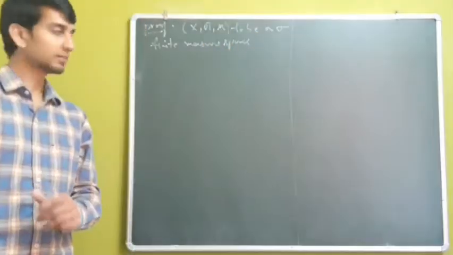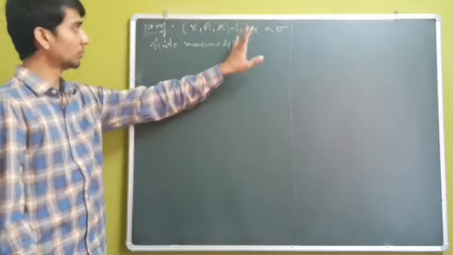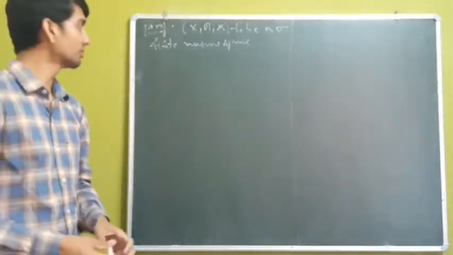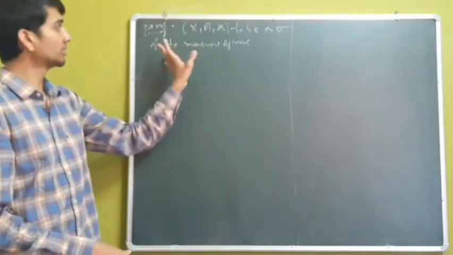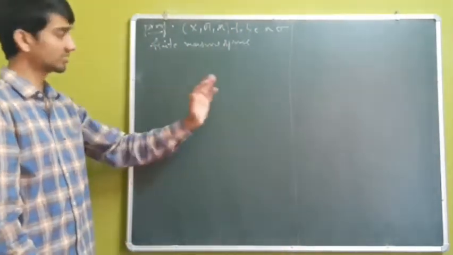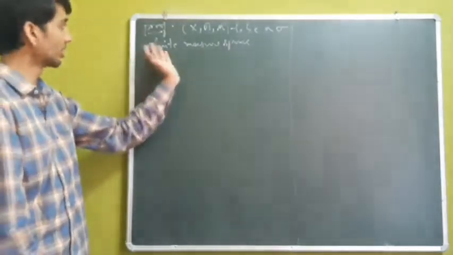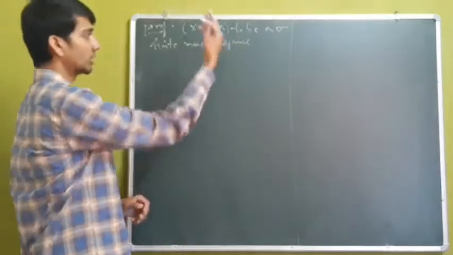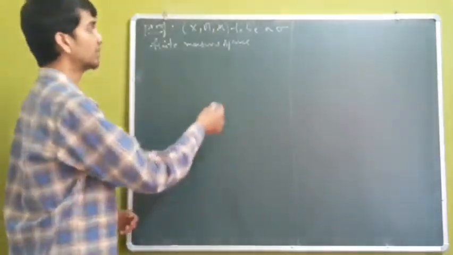So at the start of the statement, we have (X, B, mu) to be a sigma finite measure space. Again, recall the statement of the theorem. So having (X, B, mu) to be a sigma finite measure space, it is not at all so difficult to extend the case of finiteness to that of sigma finiteness. So as it is not difficult to extend the finite case to the sigma finite case,